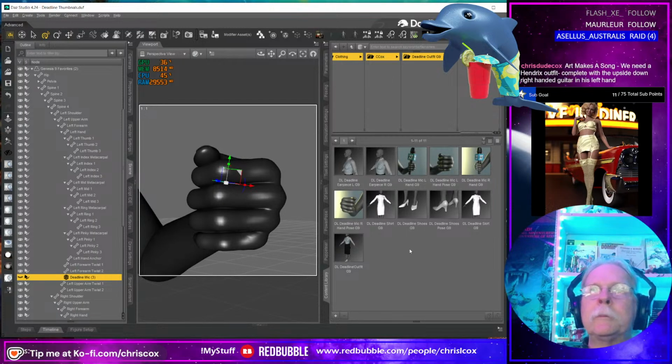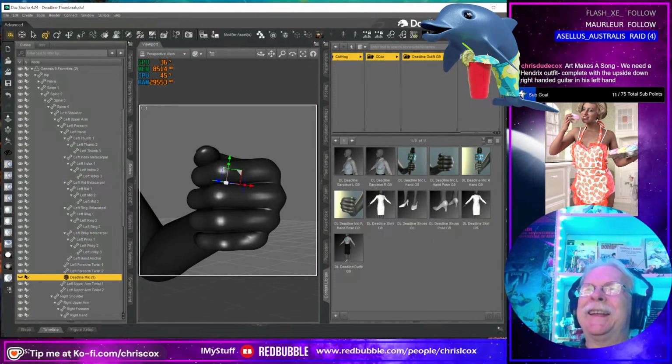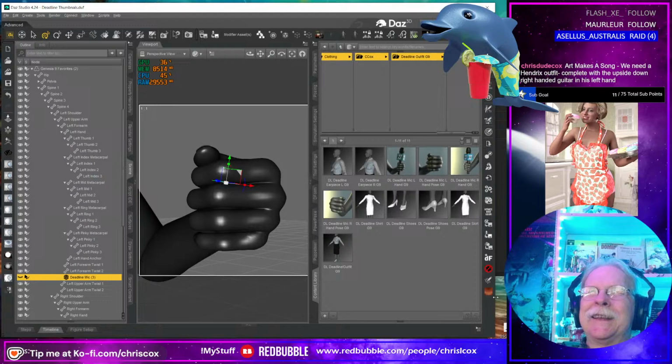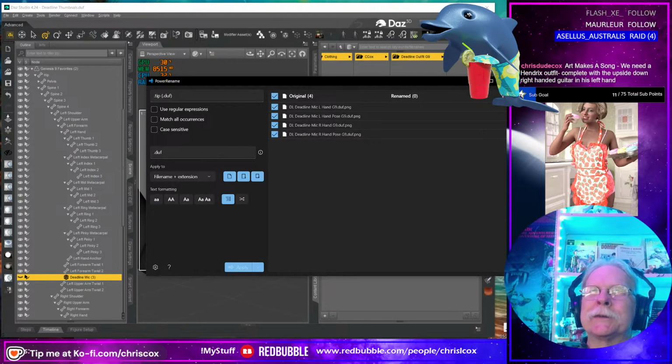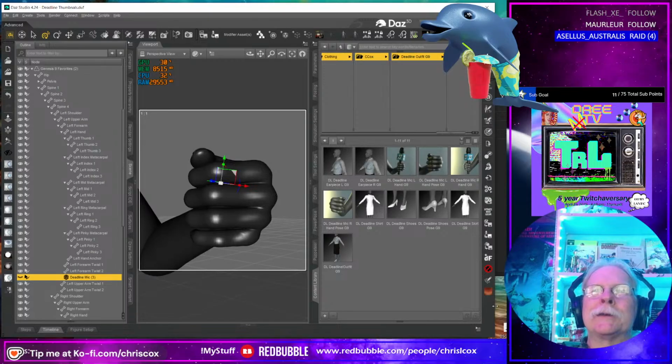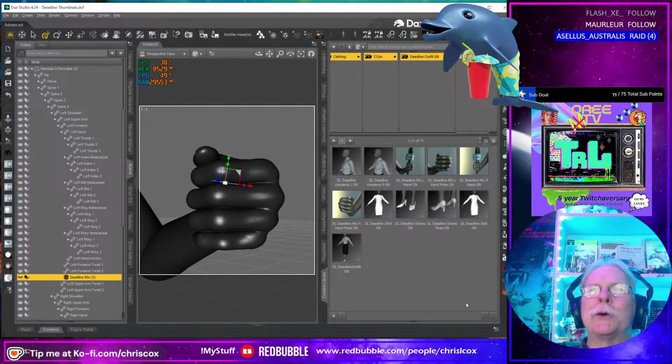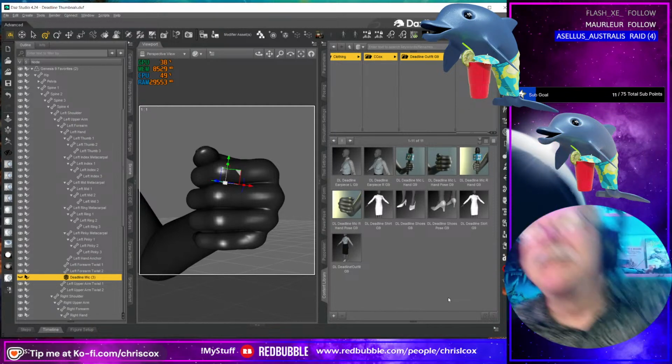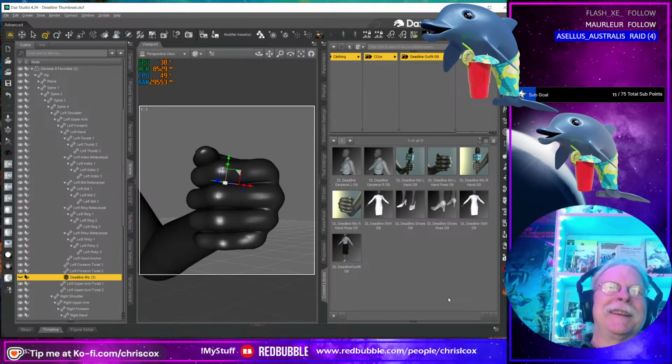These are all done. We need a Hendrix outfit complete with upside down right hand guitar in his hand. That's right. He used to string his guitars that way. I heard this story where he hocked his guitar before one show, and his bandmates had to rush off and get it out of hock because they didn't have time to restring another guitar.